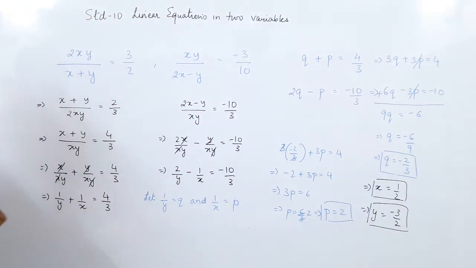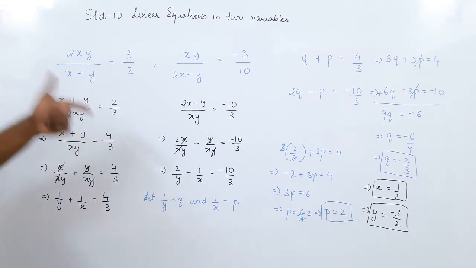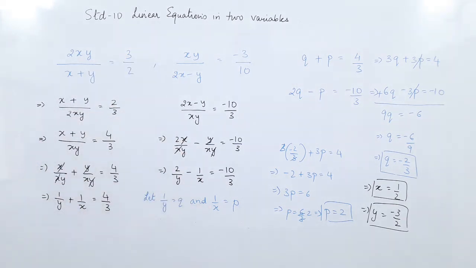So what we have seen so far: the graphical method, the substitution method, the elimination method, and different types of sums in reducible form. Everywhere it is not in the form ax plus by plus c. So we have to change the form accordingly and bring it into the standard form. And once you reach the standard form, then you can use the formula and solve the sum. So there are different types of sums we have done here.